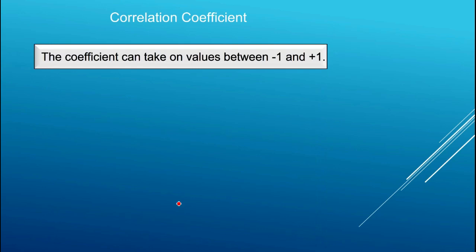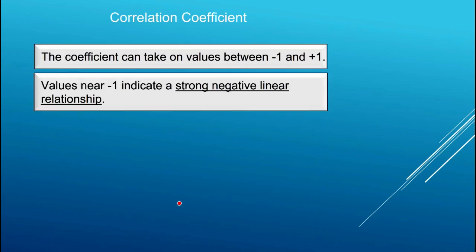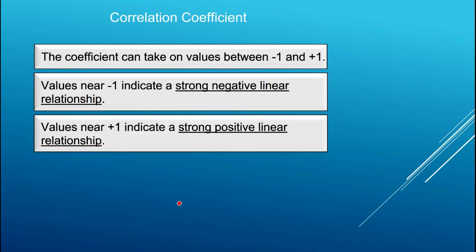The coefficient, again, can take on values between -1 and +1. Again, values near -1 indicate a strong negative linear relationship, and values near +1 indicate a strong positive linear relationship. That is, in the case of a correlation coefficient near -1, we would have a downward sloping trend line through